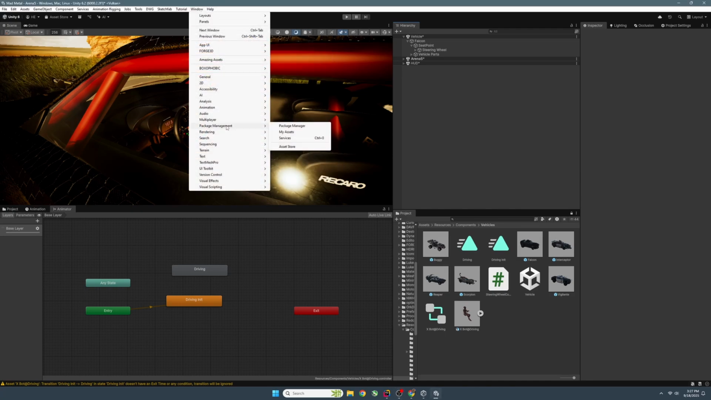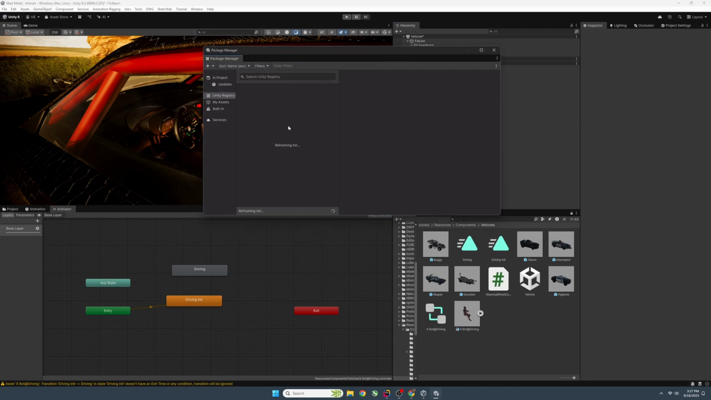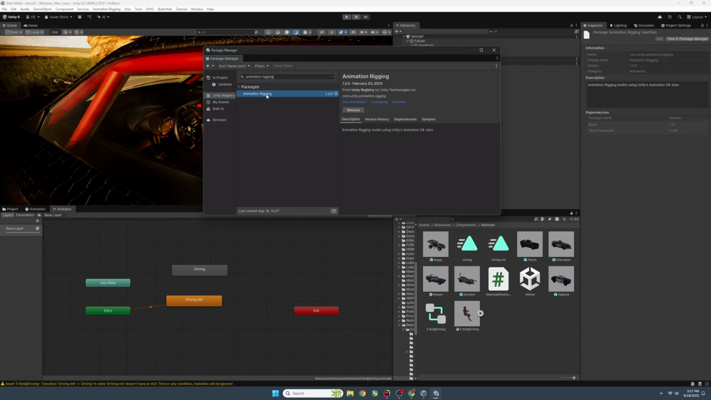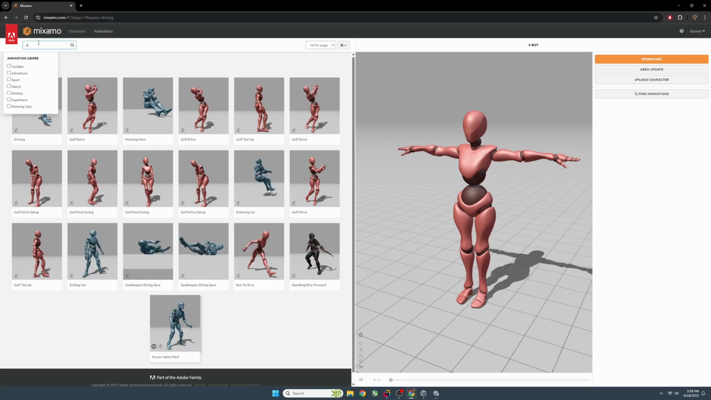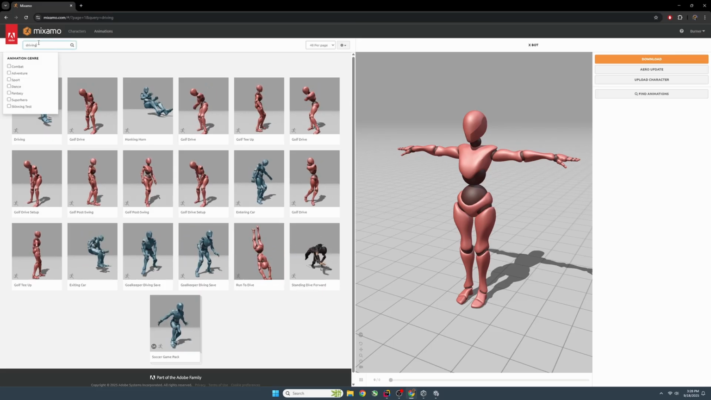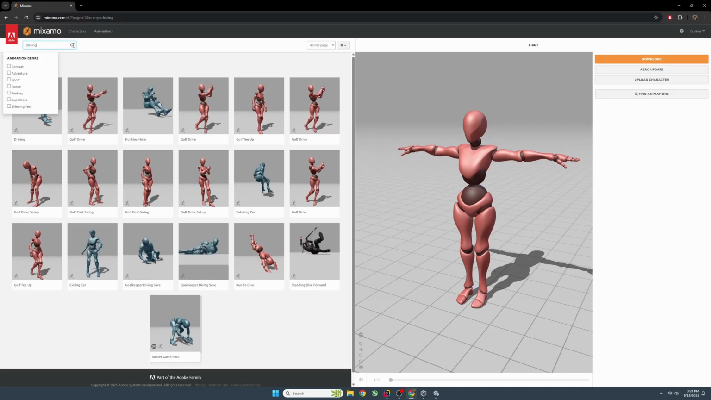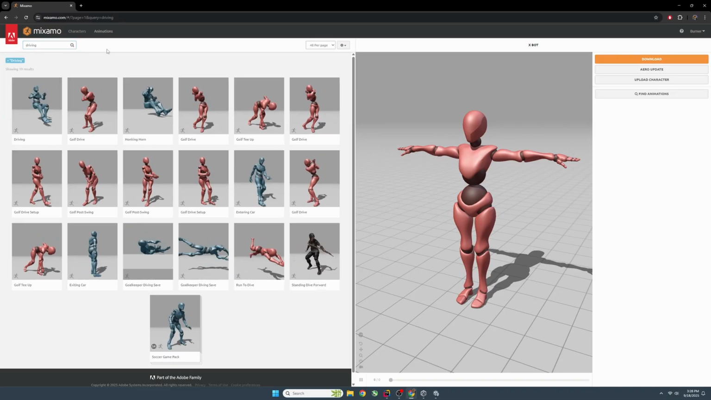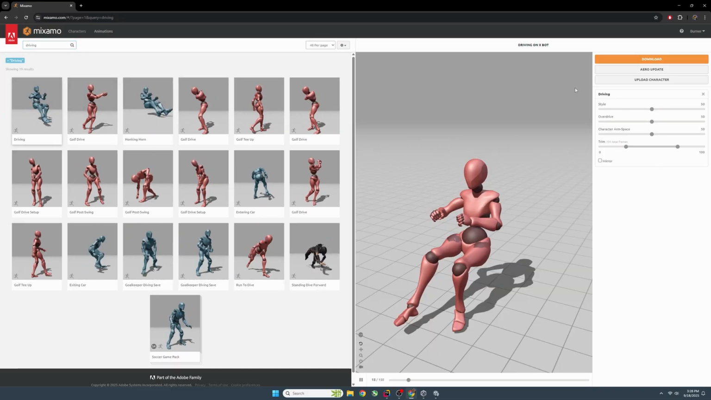Go to the package manager and click on Unity registry and install the animation rigging system if you haven't already. And then once you have that installed, head over to mixamo.com, pick whatever animation you'd like, and then download that